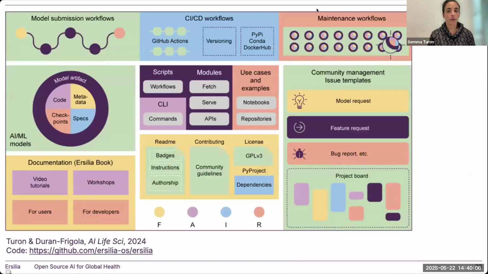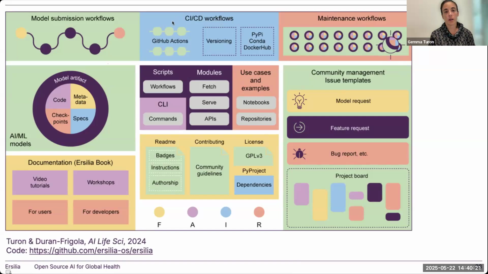This is an idealized graph of the Ersilia Model Hub, where it has all these components that I've mentioned. So we have an automated model submission workflow for open source contributors.